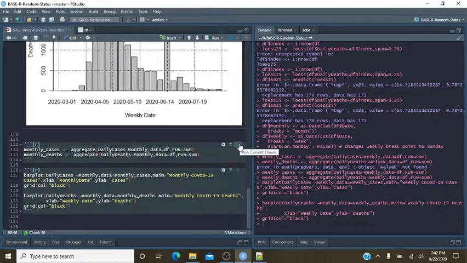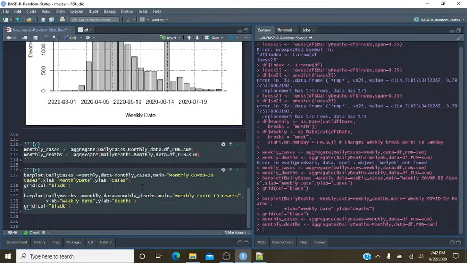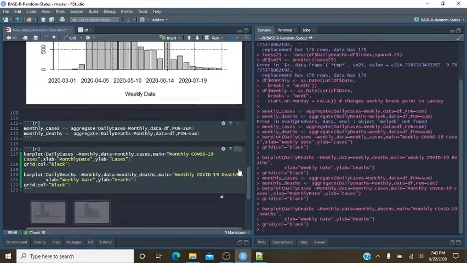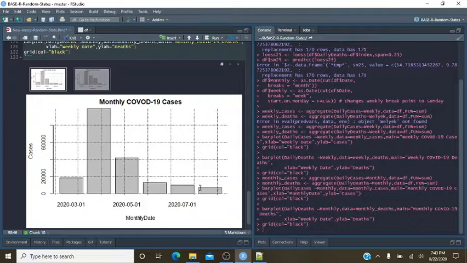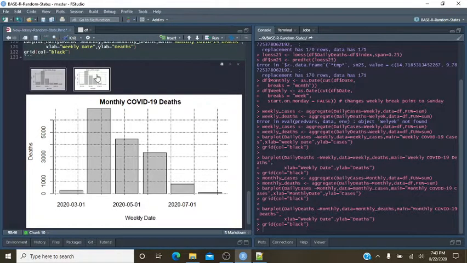See if this works. Monthly cases. Cases is still looking good compared to where, well, good grief. 20,000 cases. So you're probably 10 to 12,000 cases. Deaths. This is 1,000. For July, you had about 1,000. Well, you're actually doing pretty good. This is actually really good. With a week to go, we're probably not going to pass this one up.